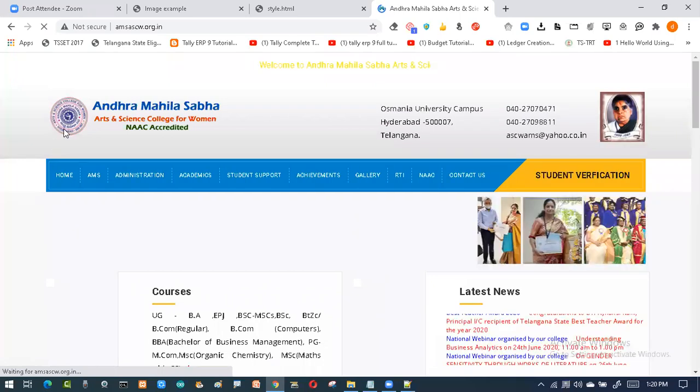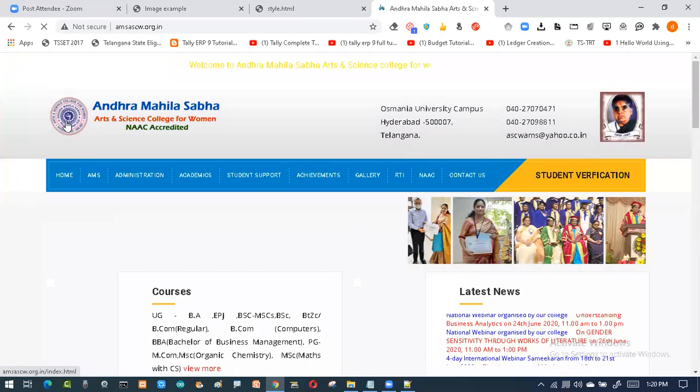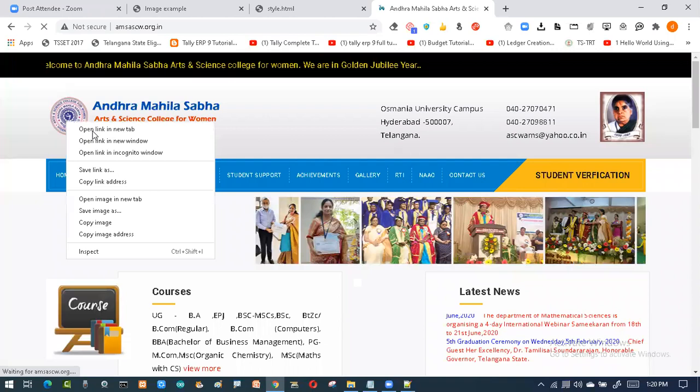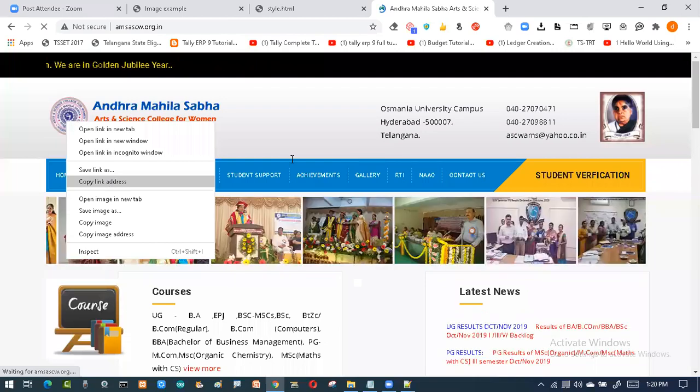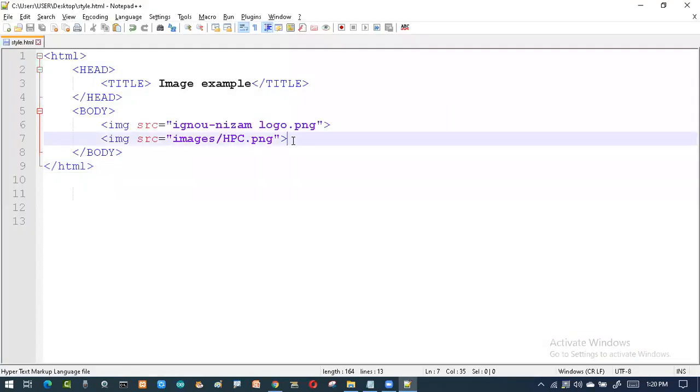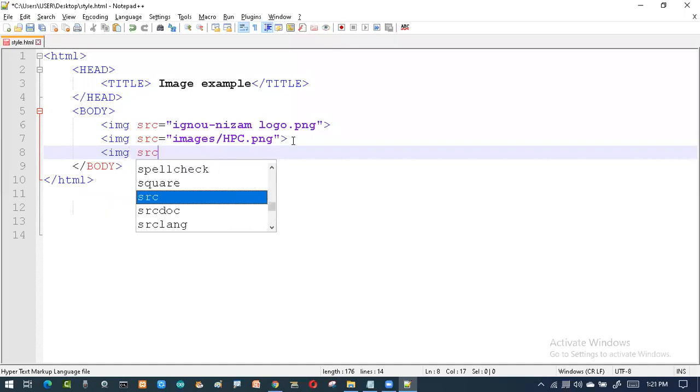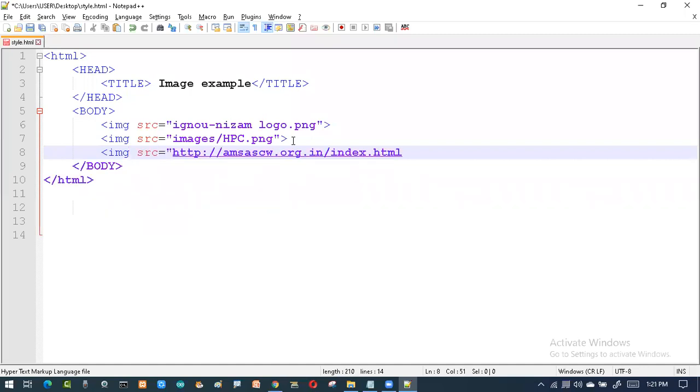So what I'll do, I'll just click over here, right click, and here you can see copy the link address. So copy the link address. Click on this, then go to your program. Then now here write img src and just paste the address which you got.